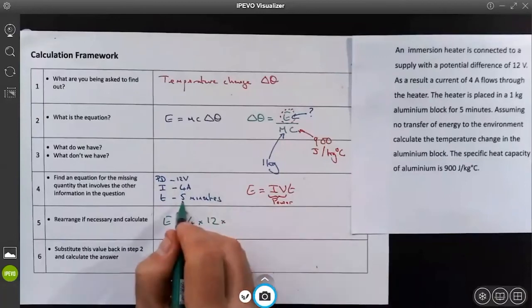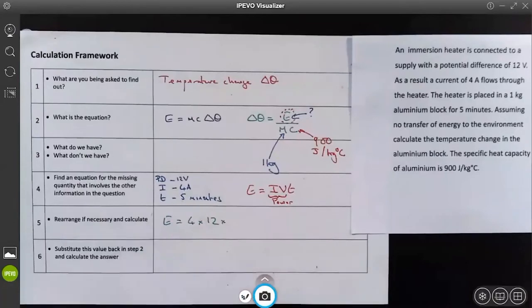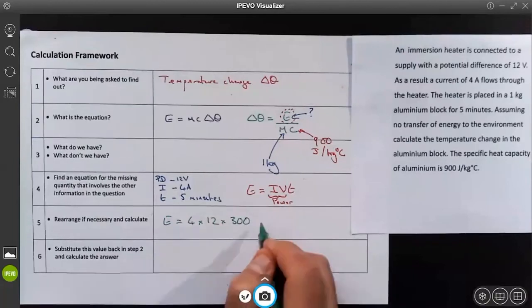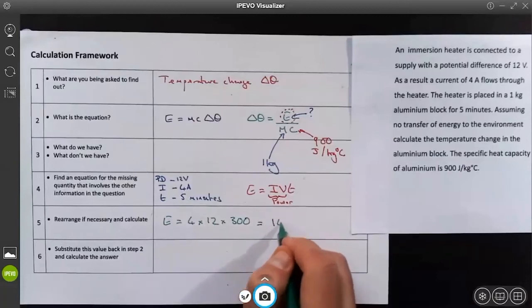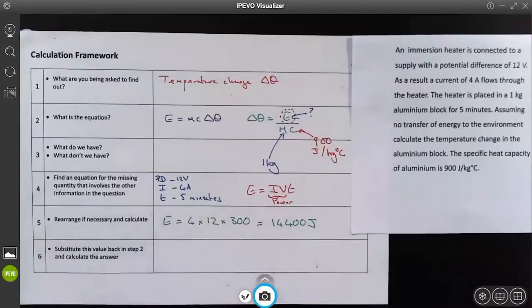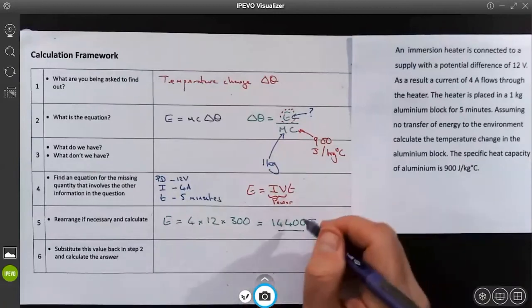Now note, we've got 5 minutes and we have to work in SI units. So 5 minutes is of course 300 seconds. And if we calculate that, we get an answer of 14,400 joules. The very final stage of this process is then to take this value and to substitute it back in here,